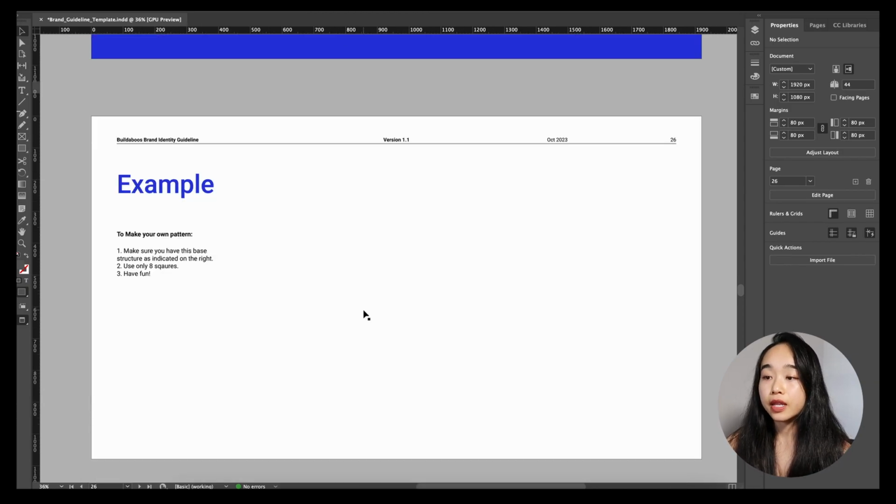Next up, we have pattern. If your brand has any patterns, put it here and put on the rules as well. What are the do's and what are the don'ts? For the pattern, I like to give it some examples. Examples of usage for using on clothing, tote bags, or other materials,